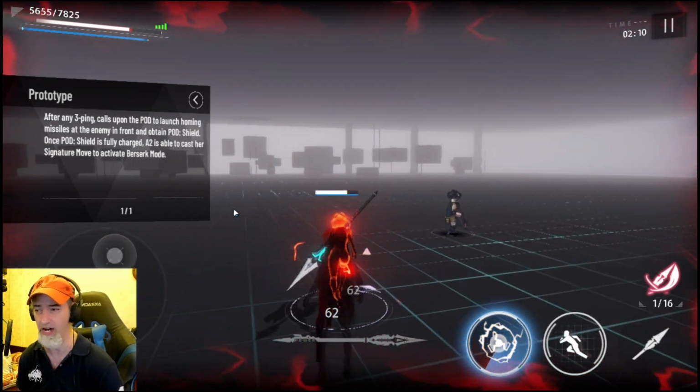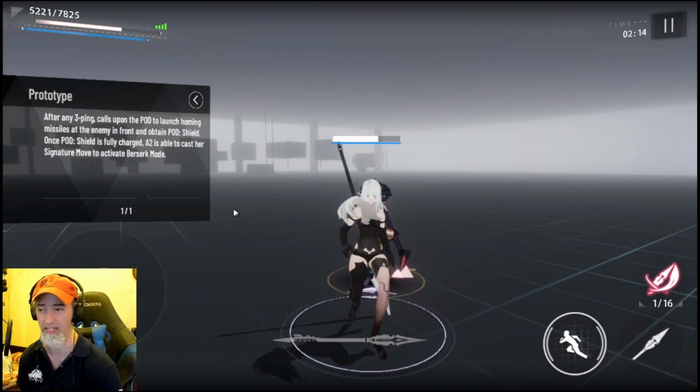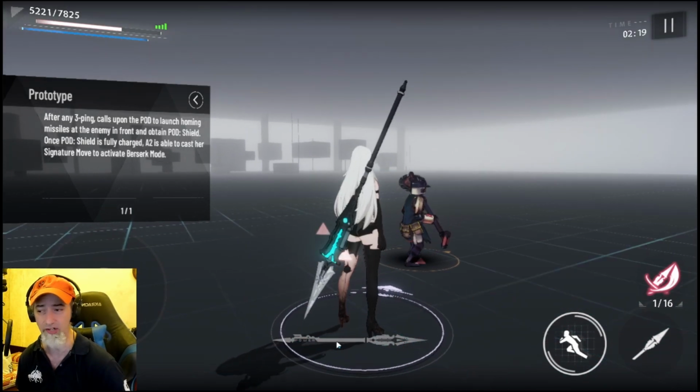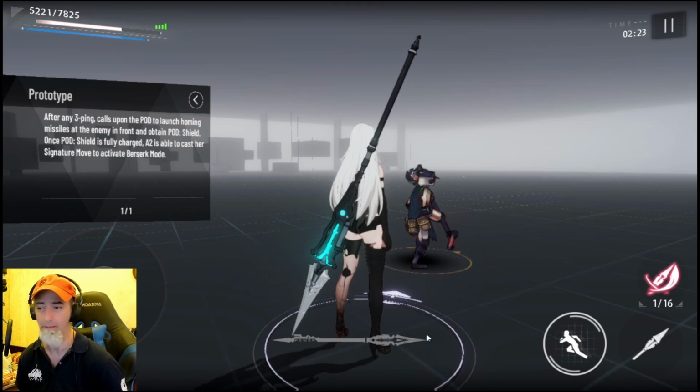And in the beginning of the fight with a 5-star weapon, you're going to want to slide a little bit because you have to have a certain amount of this gauge built up before you can enter the signature. It has to be fully maxed out,